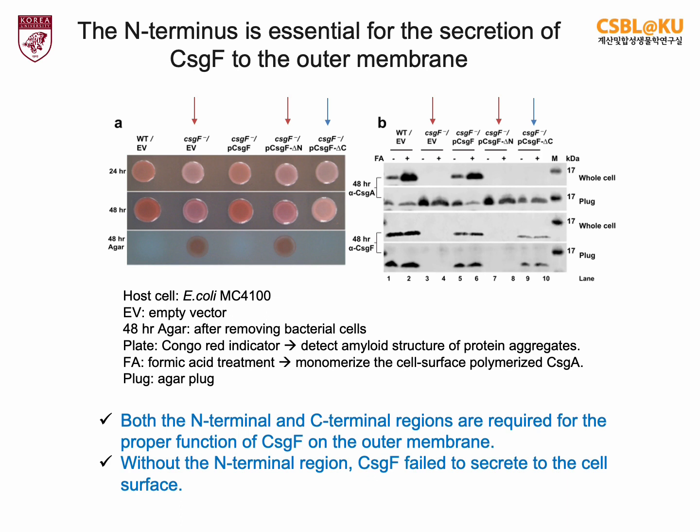Curli-producing wild-type cells harboring empty vector stain red on Congo red indicator plates. A CsgF knockout cell harboring empty vector exhibits a pink color phenotype. Then they removed the cells from the CR plates after 28 hours of growth. In the CsgF knockout, the underlying agar was red, because secreted curli subunits assemble into CR-binding polymers but do not attach to the cells. The CsgF knockout strain was complemented by expressing full-length CsgF from a plasmid, but